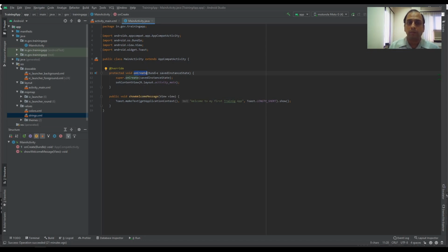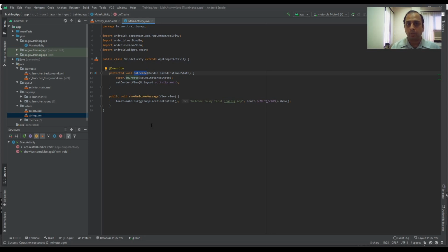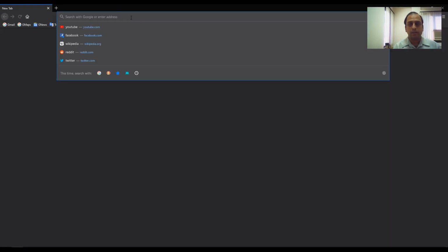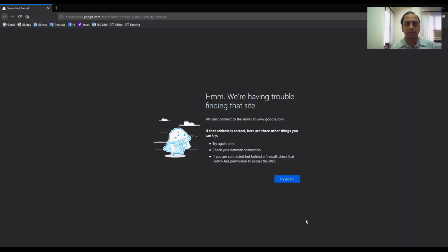For example, when the app is resumed, you can call onResume. When the app is paused, you can call onPause. If you want to see the different cycle, where which particular function is called, you can just Google it and write activity life cycle.